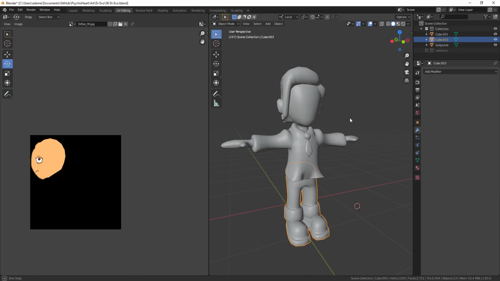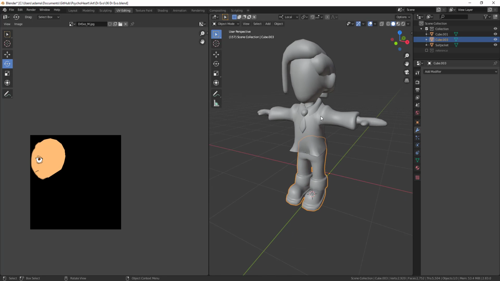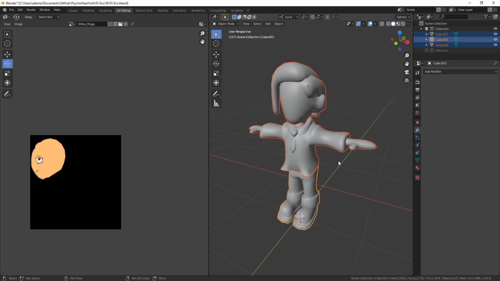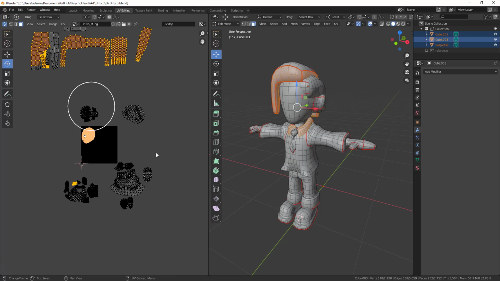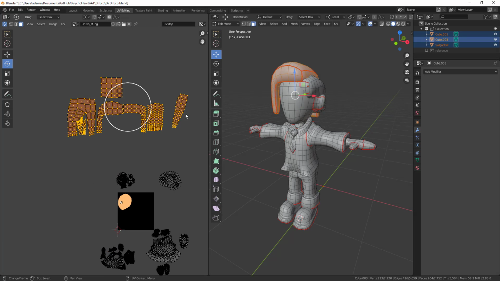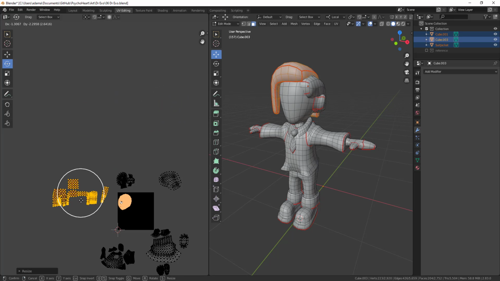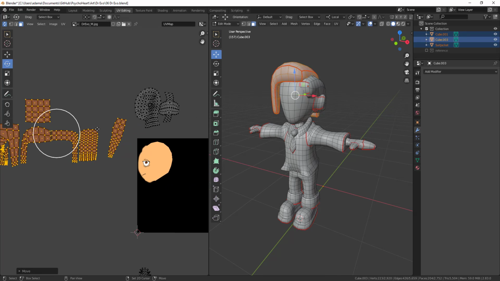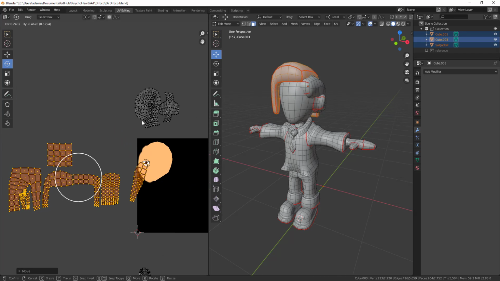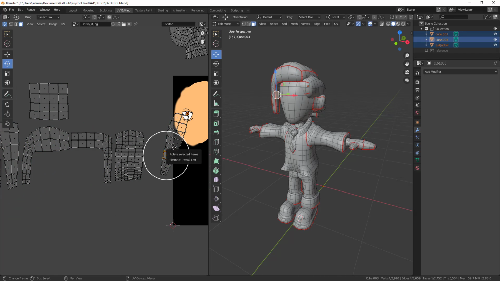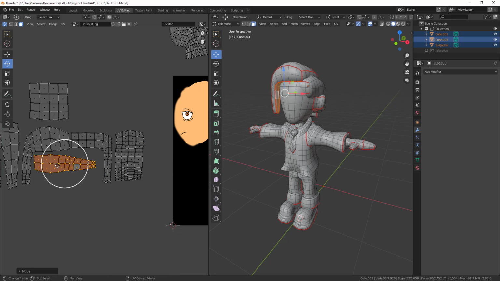And then these are one piece. All right, so let's quickly select all of that, go to edit mode, and let's get this all inside of here. So for the hair, I'm just going to hit S to scale this down, and then move it to the right corner. And some of this stuff we really can just pack inside of here, right? So this inside thing here, I can rotate it and then just move it inside of here